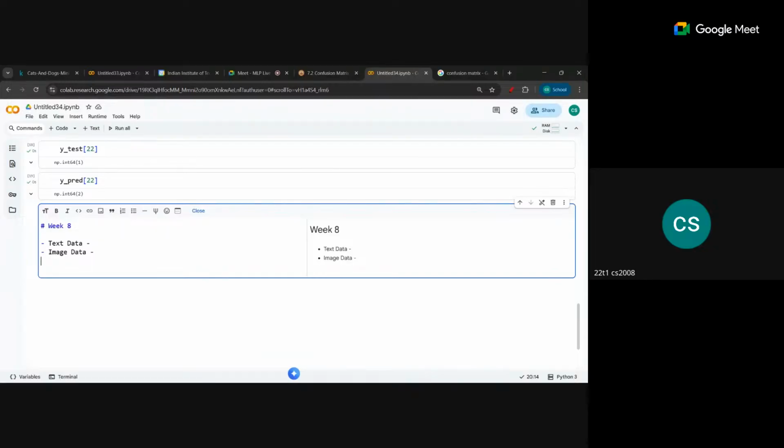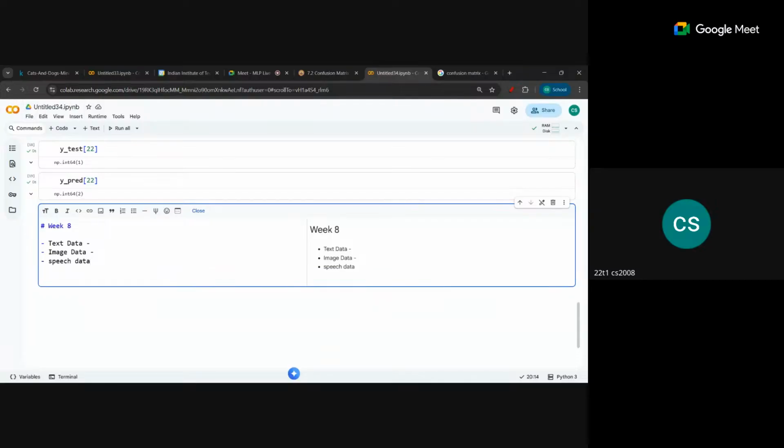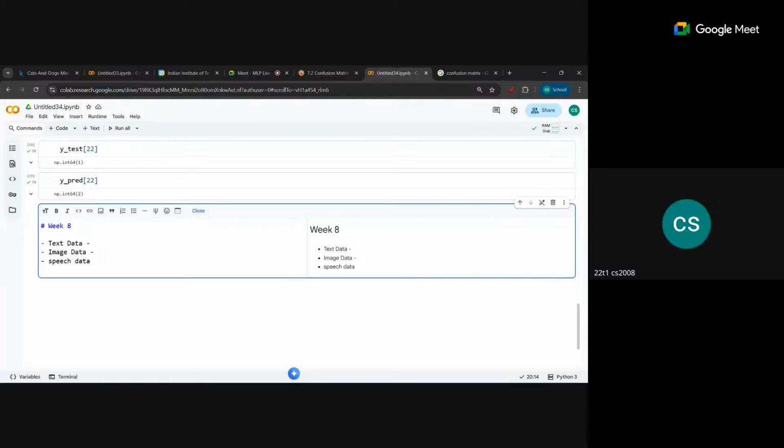It's not limited to this. Even something called speech technology is there, where speech data is there. It's not in our syllabus, but it is also there, right? For this kind of problem also, we have to do the same thing. We convert them to numbers. Others could be image, text, speech. I think that is more than enough. This is not part of our course, but if you come across it somewhere, you can use that,